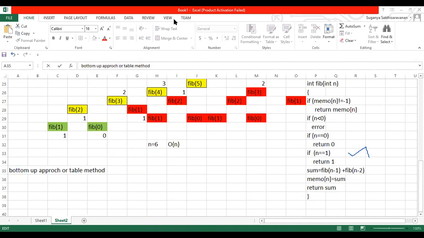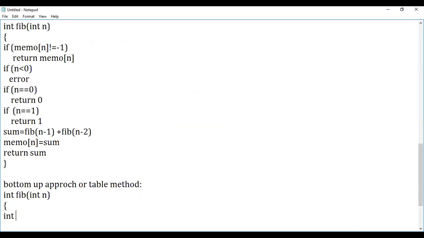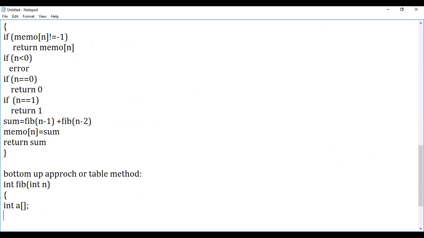So first let me write the algorithm for it, then we can go ahead further, guys. Here I'm writing the generic algorithm with the example of the Fibonacci series. The flow of the program will be more or less the same for all the concepts. If it is a bottom to top approach, we'll have Fibonacci of int n. I'll have an array. We'll initialize the first 2 elements, array of 0 assigned 0, followed by array of 1 assigned 1.